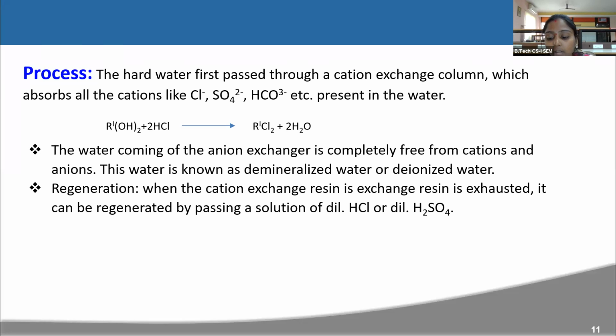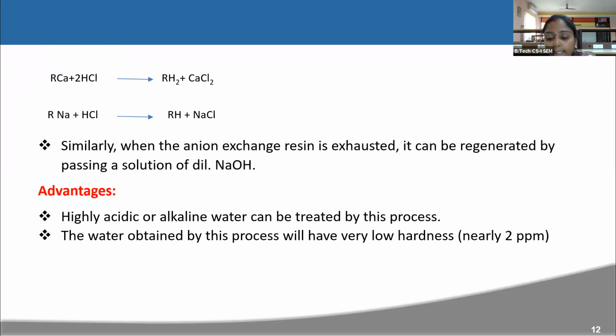Advantages: can attain demineralized water with hardness less than 2 ppm. Okay, this method can be used for both acidic and alkaline water, so both cations and anions can be removed. Limitations or disadvantages: this method is expensive as the ion exchange resins and the installation cost are high. The efficiency of the process is reduced if the water is turbid. The method is not suitable if heavy metals are present, since regeneration